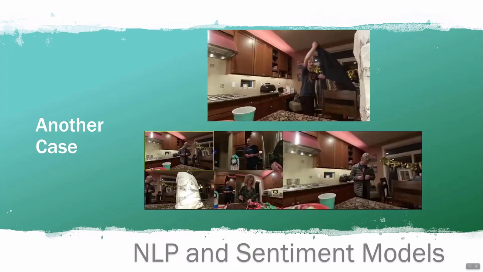So let's look at another case, right? That one was not a great demonstration of gesture recognition, natural language processing, and sentiment. Here is a video that was shot on one 360 camera. And based on that single source, it then went through and cut this up and automatically switched between different members of my family based on who was talking or emoting the most. Let's see what it did.